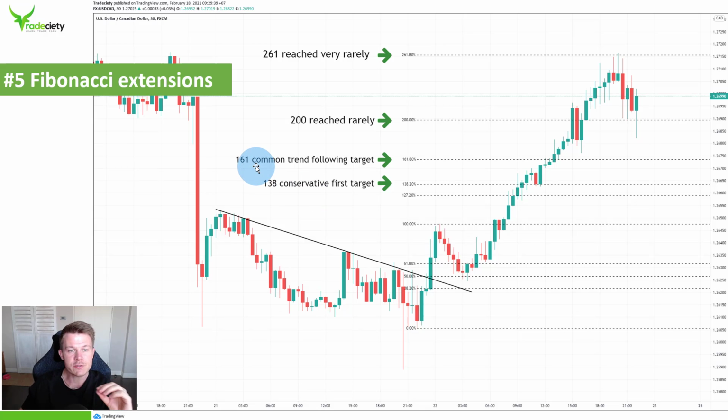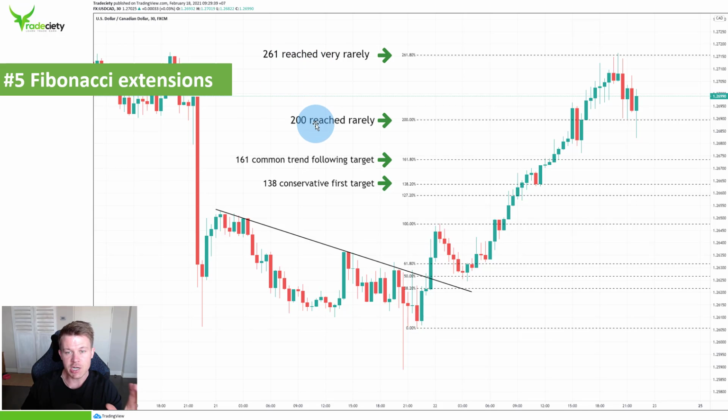Usually, when you use Fibonacci extensions as your target, you generally go for 138 or 161. Those are the very common ones. 200 and 261 are not often used as a target because it's very rare that the market will reach those levels, because it takes a huge trend to actually get to 200, let alone 261. So your holding time will be significantly longer, and also your win rate will drop a lot